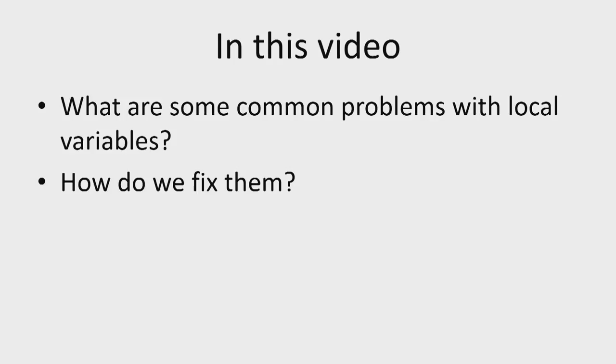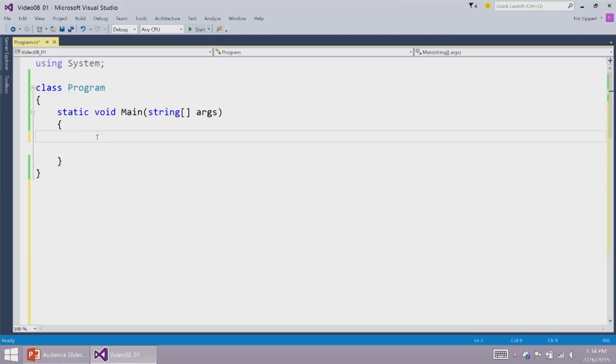In this video, we are going to look at some common problems with local variables and the ways that you fix them. So let's just go right into Visual Studio here and start creating some variables. The first thing I'm going to do is say var firstName